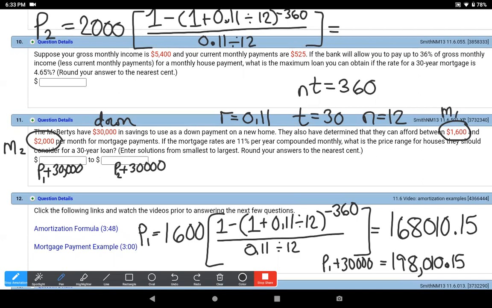Okay, let's pop out P2. 2000 times parenthesis 1 minus parenthesis 1 plus 0.11 divided by 12 in parenthesis caret negative 360 in parenthesis divide by parenthesis 0.11 divided by 12 end parenthesis enter. I get a value of